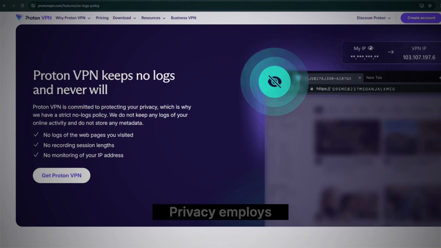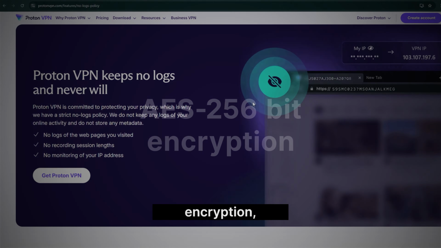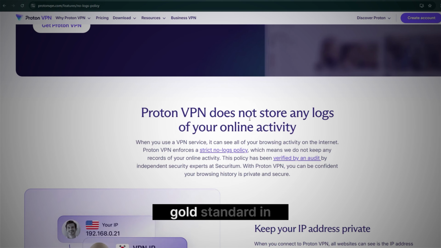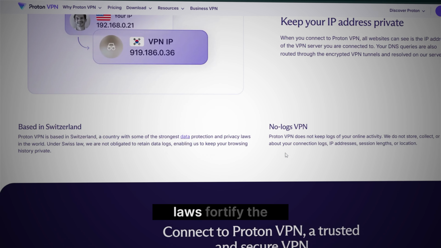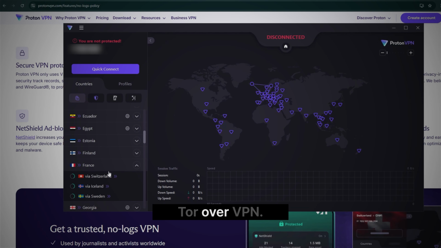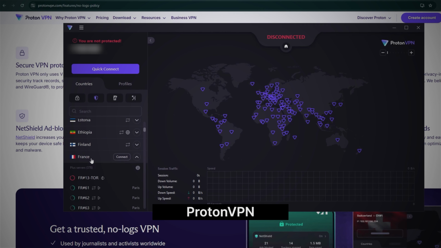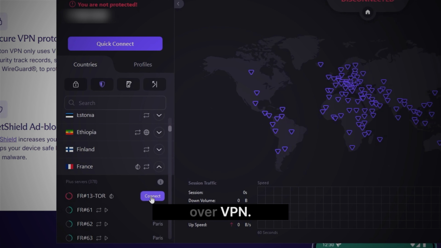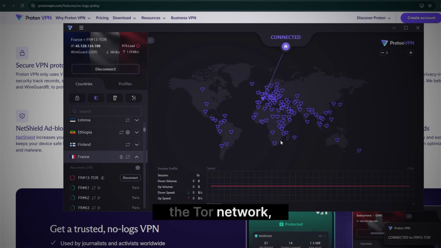ProtonVPN's strong encryption and privacy: it employs AES 256-bit encryption, which is widely recognized as a gold standard in data protection. Plus, Switzerland's strict privacy laws fortify the platform's no-logs policy, so your online activity is not tracked or recorded. Tor over VPN. For those who need an additional layer of anonymity, ProtonVPN provides Tor over VPN. With just one click, your data is sent through the Tor network, making it easy to access onion sites without